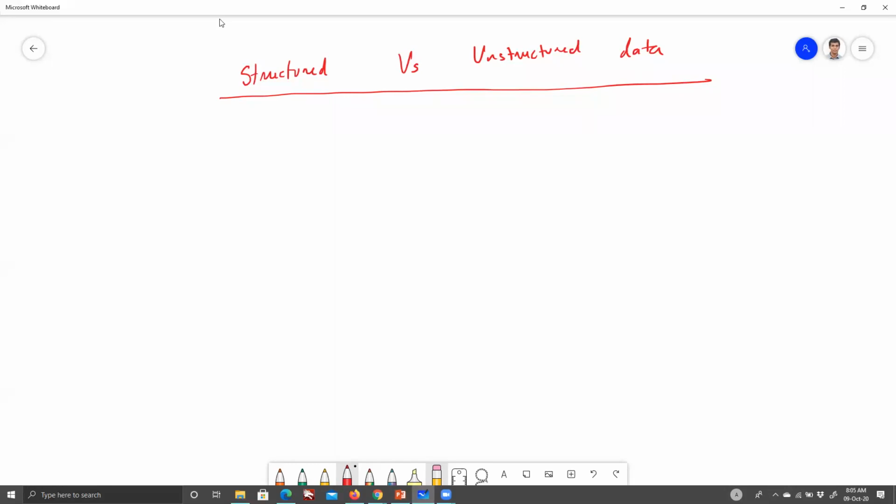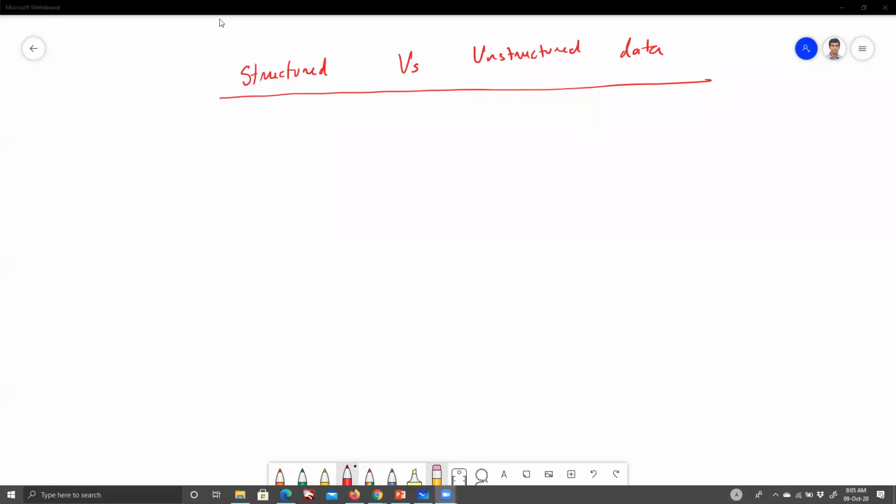Very good, that is a good definition. Anyone else want to contribute? Structured is organized, unstructured is not organized. Isn't that a very English dictionary definition? In terms of data science, what do we understand when I say I have structured data, and when I say I have unstructured data? What clicks in your mind immediately? Structured data will be rows, columns. And unstructured will be text, as in flat file text. Flat file text. Very good.